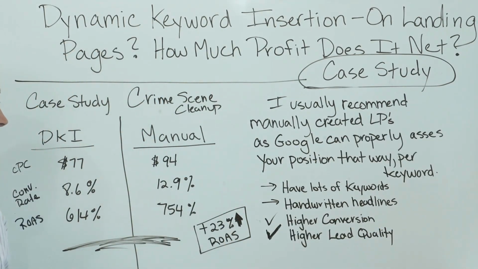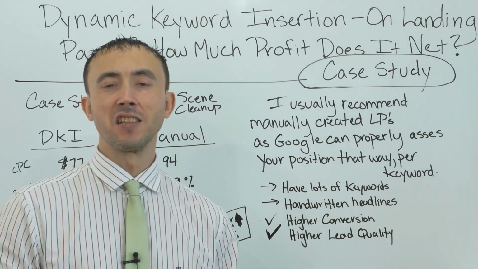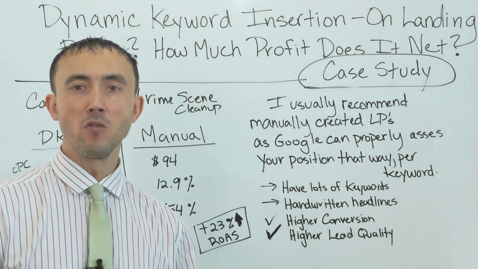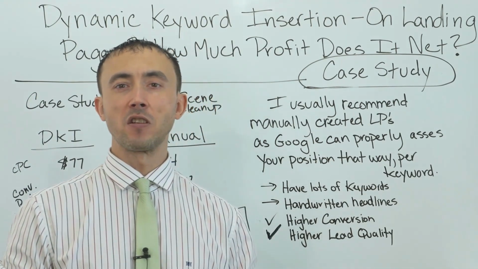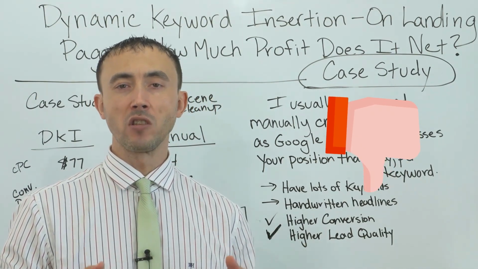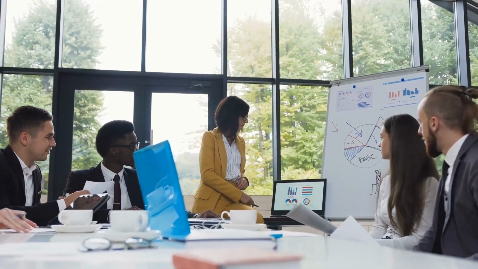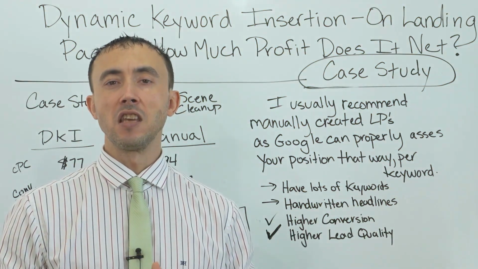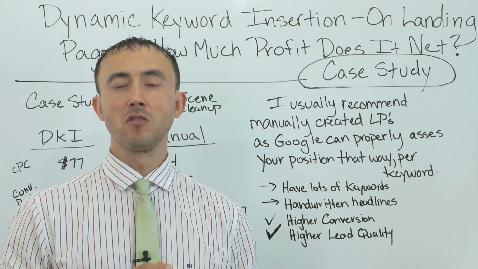Okay, that said, you're only going to get some of that through using dynamic keyword insertion because it's sloppy for the most part. Anything you use AI for in your marketing and advertising is going to be sloppy or more sloppy than an actual trained expert advertiser making something deliberately and specifically for the user on a user by user level. The short of it is, yes, you can make more money using dynamic keyword insertion,